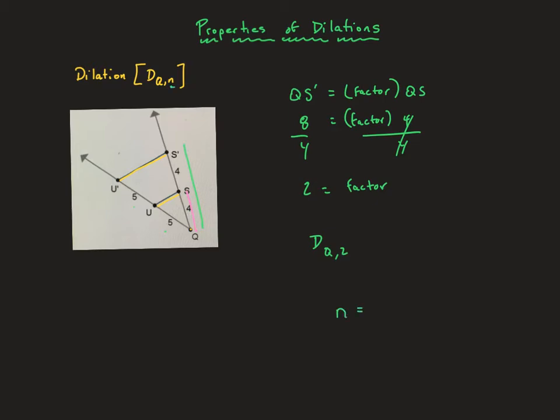N is going to be equal to my image divided by my pre-image. So we can use that when we were talking about reduction or enlargements. But what kind of properties were maintained in this process? Well,